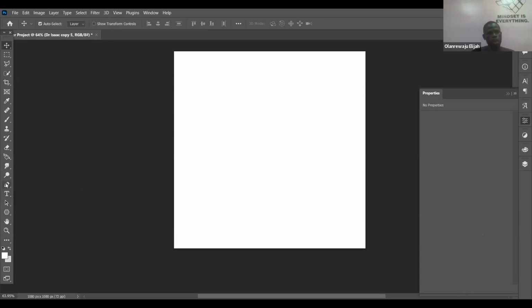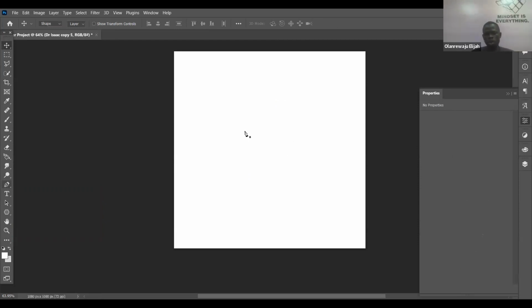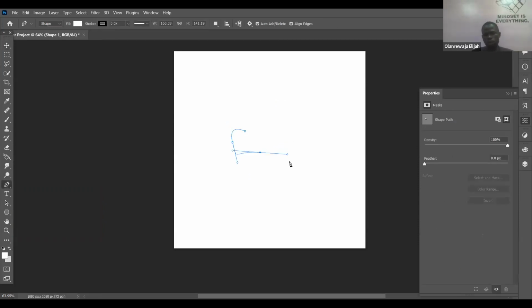So that is that. Then you also have another one, pen tool, which is very, very important. Can use to draw any shape of your chart. Can you see now? I just used it to draw S now. Let me just give it an outline, maybe 5 or maybe 10. Can you see? I just used it to what? To draw S. Then Control T.